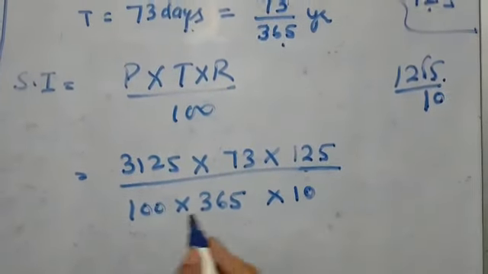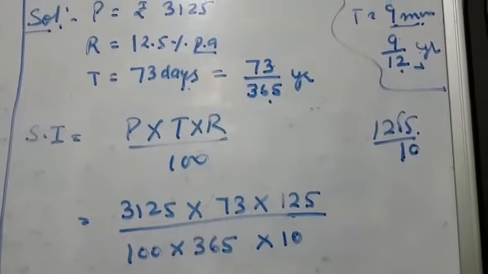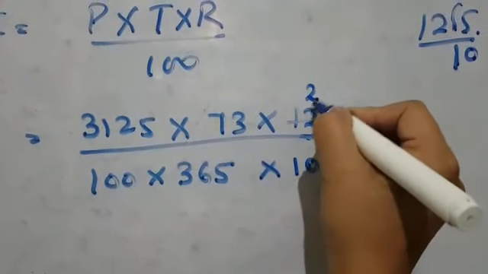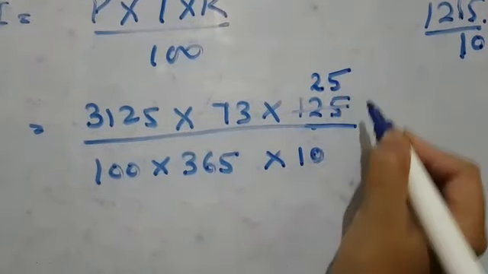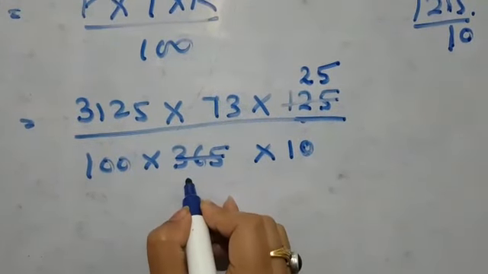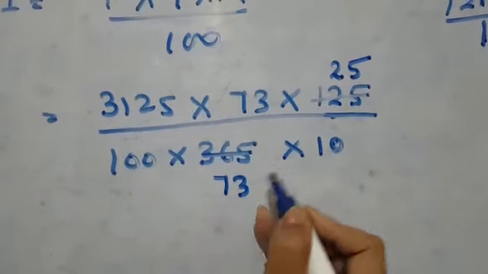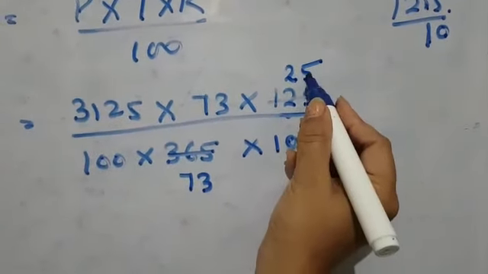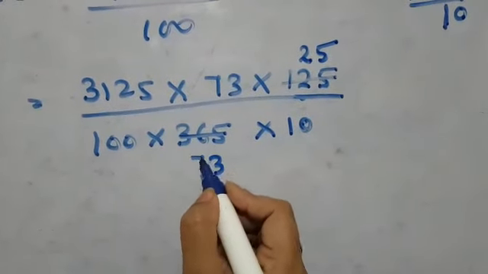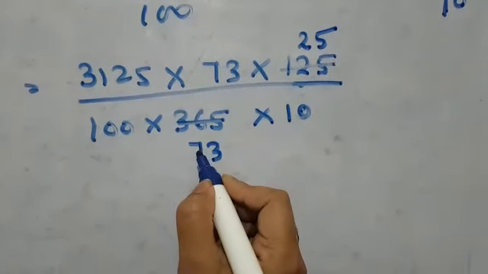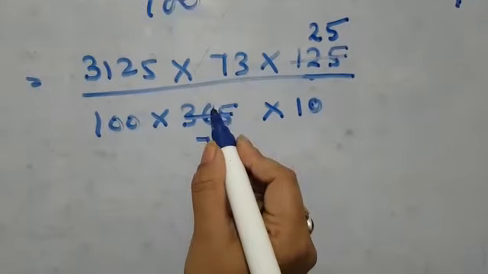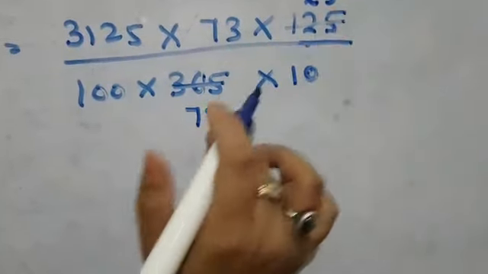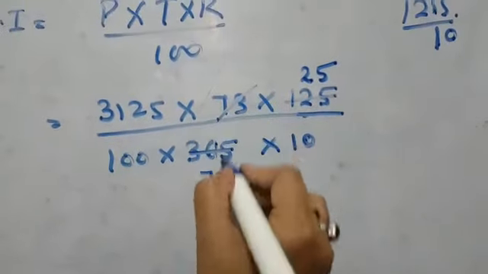Don't be confused. You can see it clearly that 125 over 10 is just the point removed and 10 written in the denominator. So now what we will do, you can reduce to the lowest terms. Like I am cutting with the table of 5, 25, and here I will be getting 73. I am cutting with the table of 5. 12 comes at 2 and 25 at 5. Okay, and here 36. So 36, below 36 what will be there? 35. 1 will be left. 15 comes at 3. With the table of 5 I am cutting this. So 73 and 73 got cancelled.